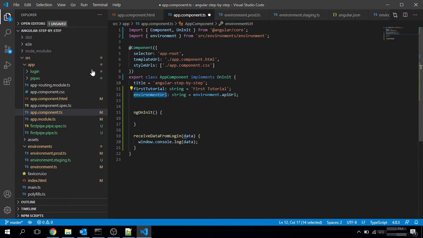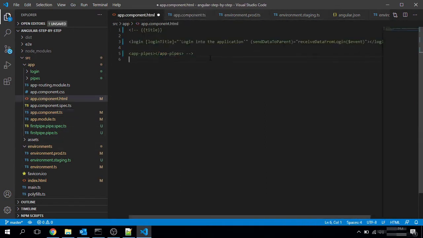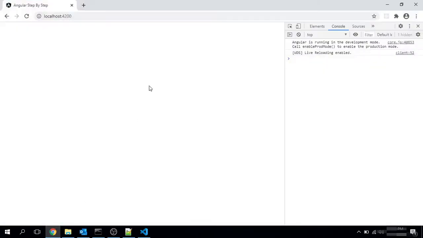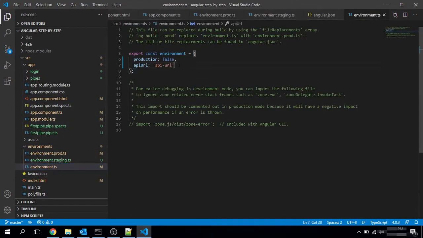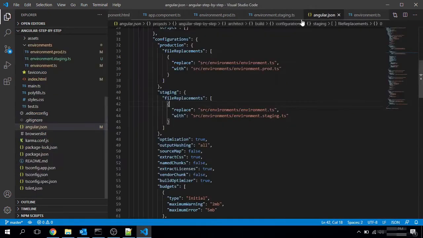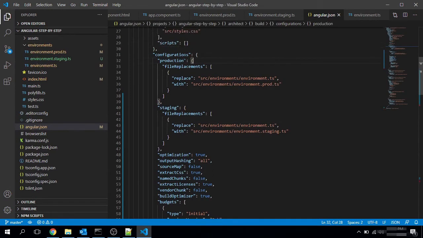Here it is. We are just trying to see what our environment is. You can see that currently it is the API URL, which is from environment.ts. Now we have set up our build configuration for the staging environment build.